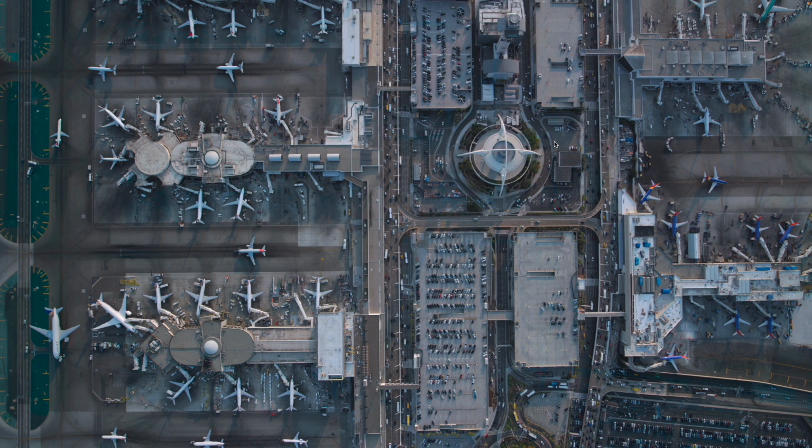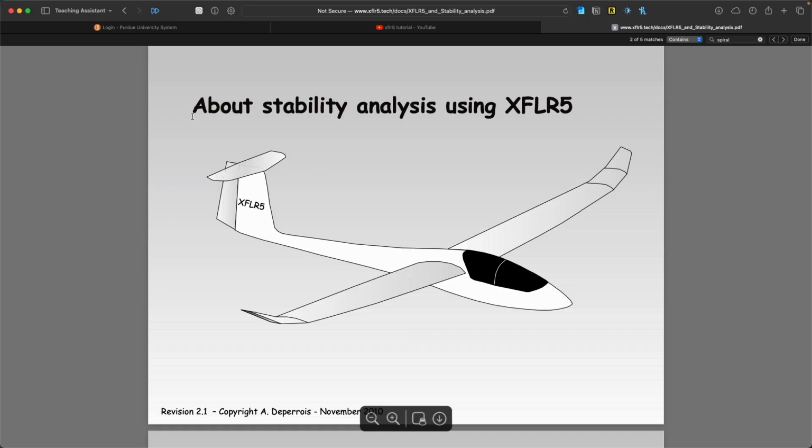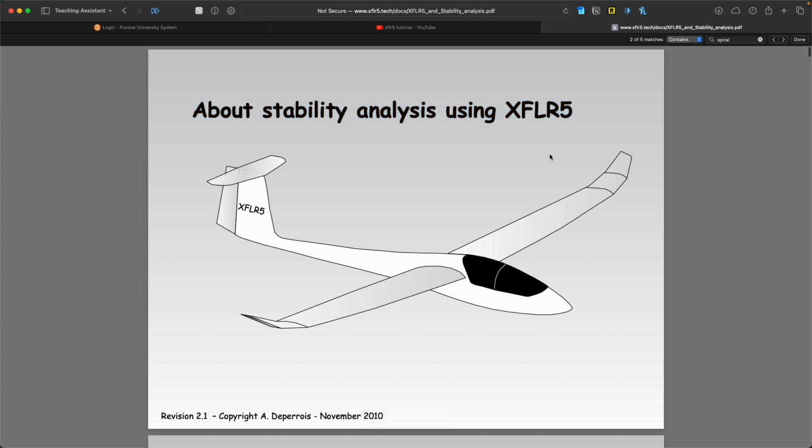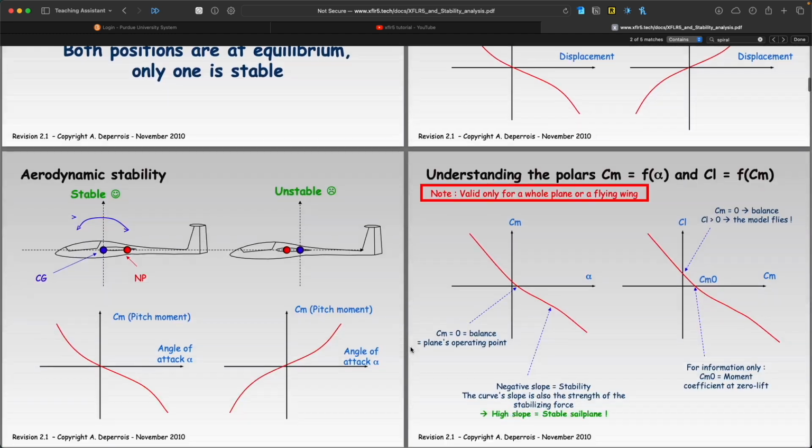Before we step into the actual XFLR software, again, I would like to show you that there's this PDF called "About stability analysis using XFLR5" available on the internet. You can just Google it, and it gives you a lot of fundamental knowledge about what we're going to do today. Especially, I would like to turn your attention to